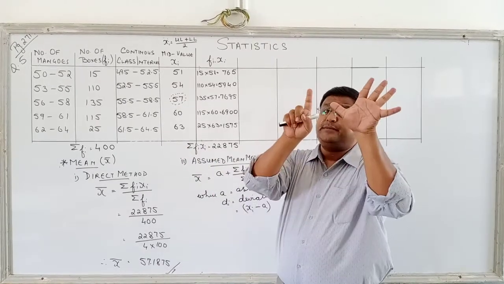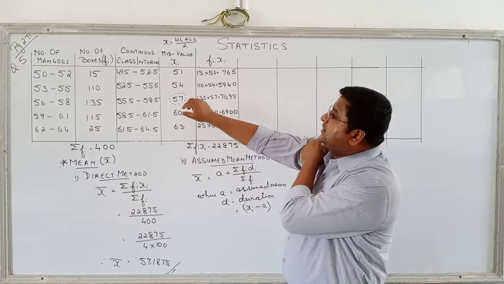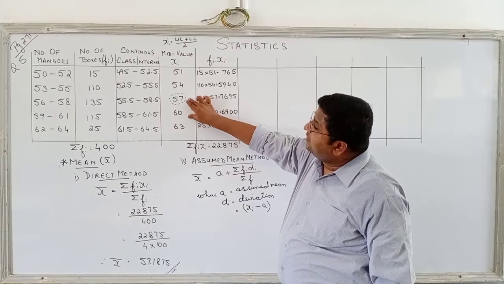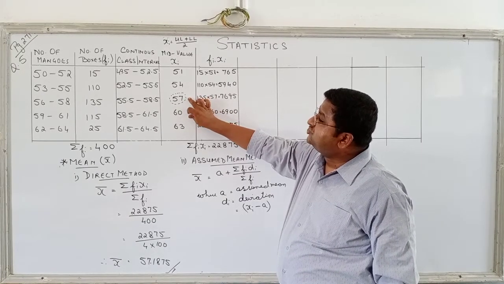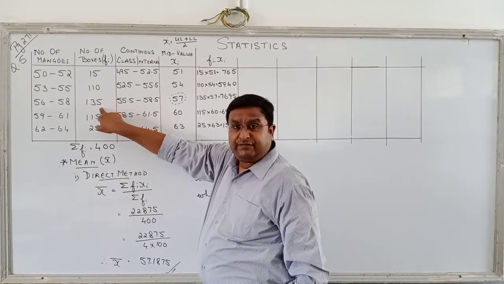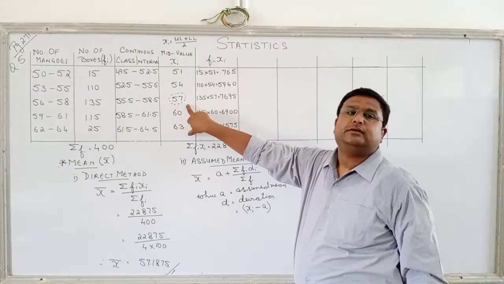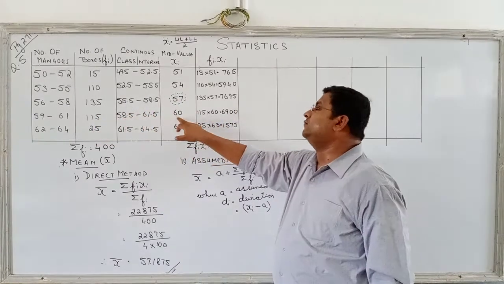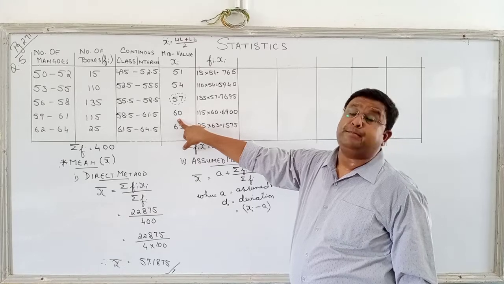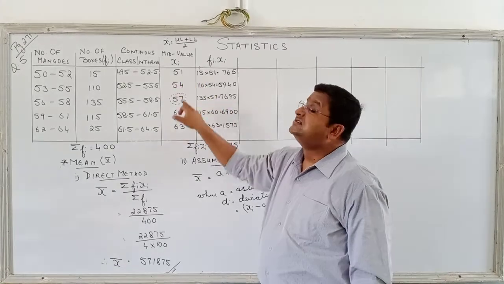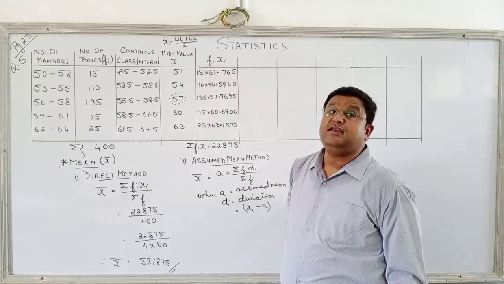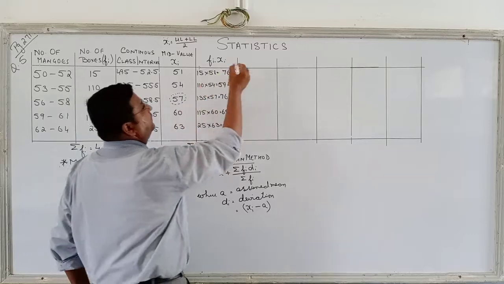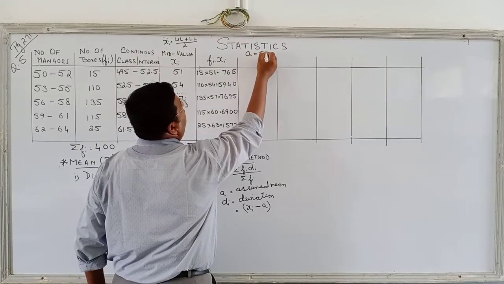And if 6 classes, which is the mid value? If there are 6 classes, 2 from top, 2 from down, these 2 will be left. From these 2, the one having the highest frequency, check which is having the highest frequency. 135, 135 which would have been 150. In place of this 115, it would have been 145, then the mean would have been 60. But this happens when there are 6 class intervals or class intervals are even. Here it is. So our assumed mean A is how much? 57. A is equals to 57.